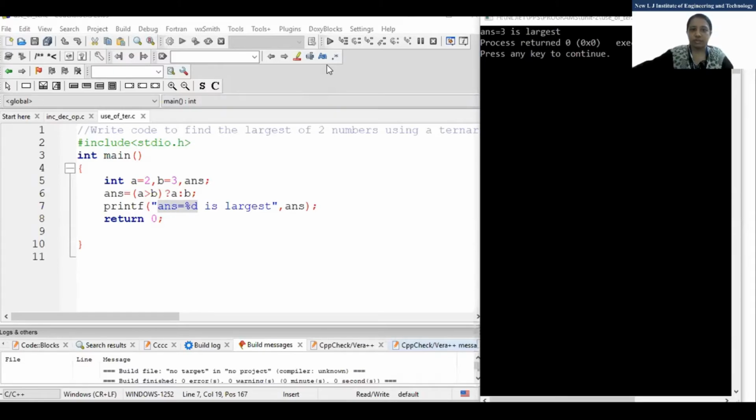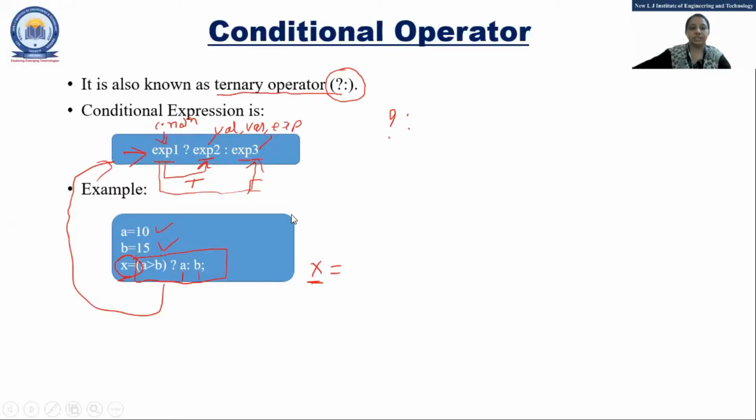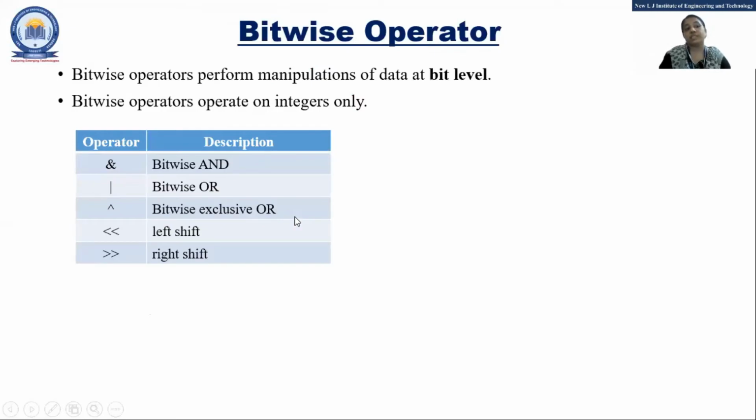Okay, we'll move to the PPT screen again. So this is the conditional operator. The next one is the bitwise operator. Bitwise, that means what? I told you in the first lecture that C is a middle level language, right? B equal to Y, the answer is written at last in printf. I have just written it in that format, that's why it is showing that, nothing else.